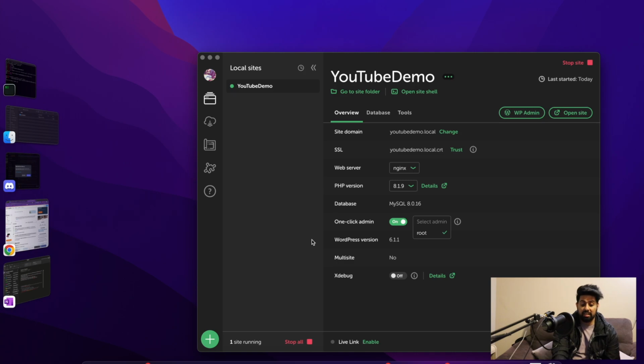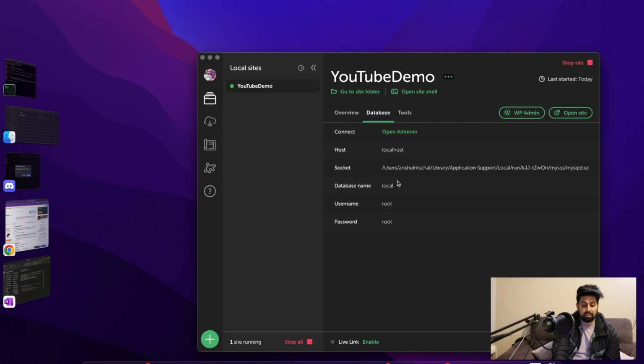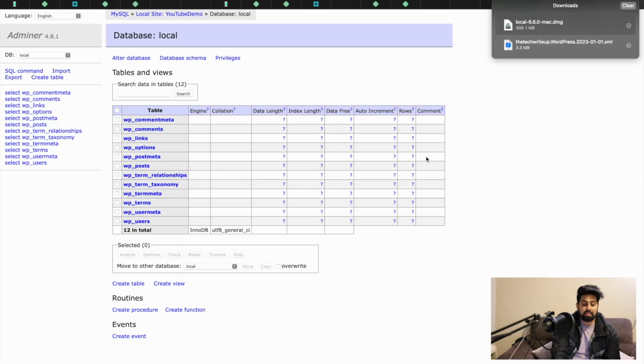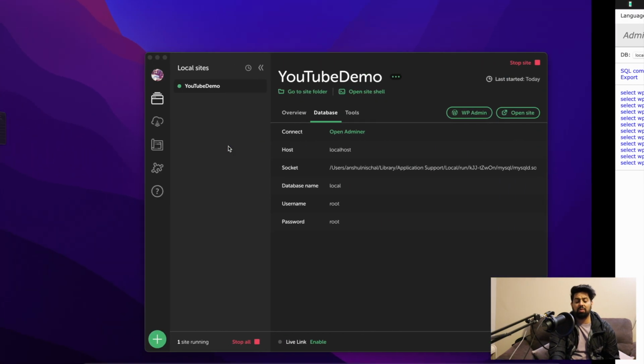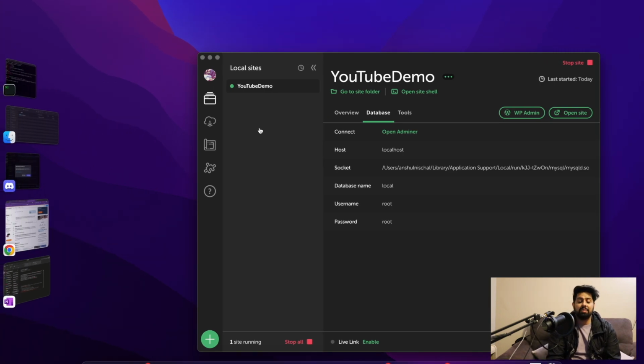Another thing is the database. You can connect to the database over here and just look after the tables. If you see anything is not working well, you can edit those tables manually, but that is not for the beginner level. Also, you have this open site shell option in here, and this one over here is very interesting